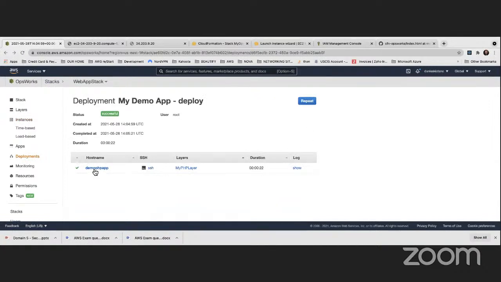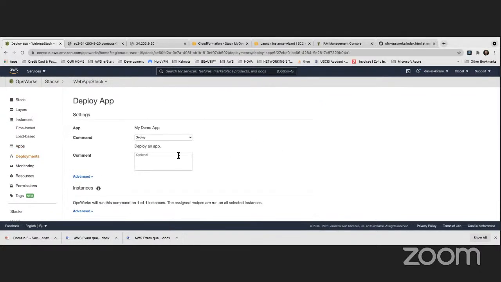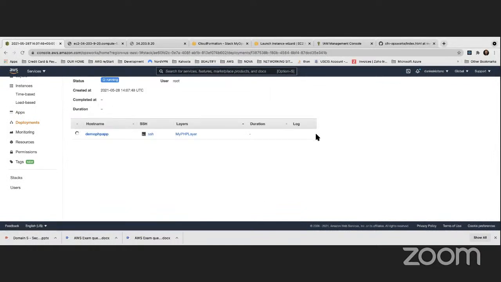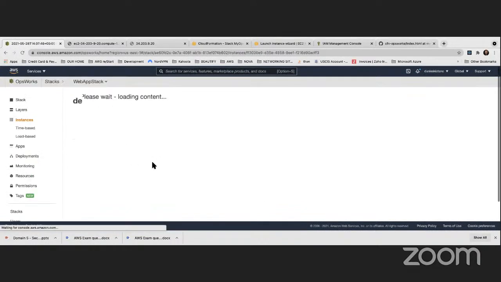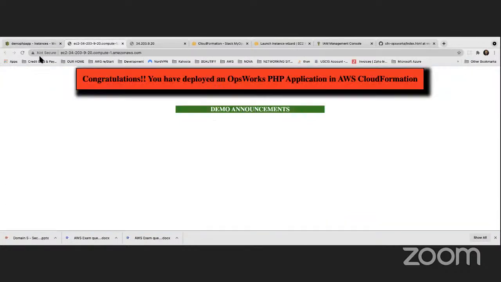And get this guy, the app, and deploy it again. And I will be able to see that change there. So let us wait for that to be updated. It's already updated. So now we can refresh this guy, and we get,